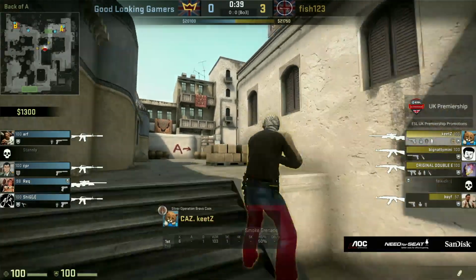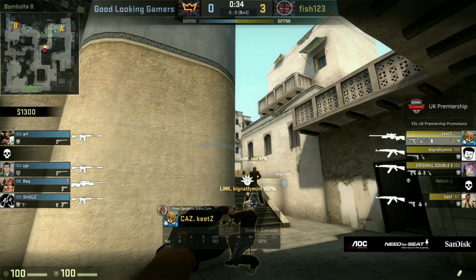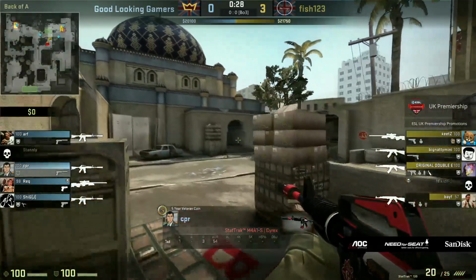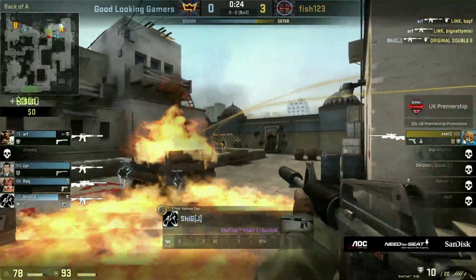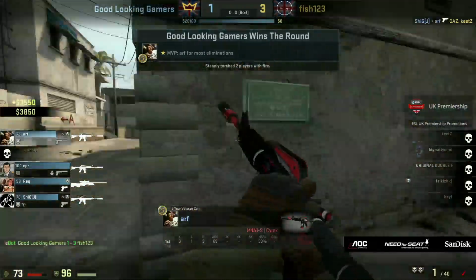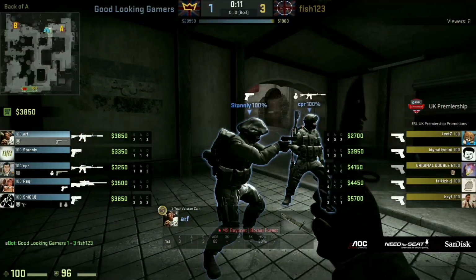No, they don't. Batham just taking his time onto short, and the problem with Fish123, hit the nail on the head, they don't have much time to play with. They've all sort of somehow made their way onto short, and they can't really rotate a man round to long to try and surround the CTs on this A bomb site, and the B players are going to rotate in straight away. They know it has to be an attack onto A. Off goes Massive with 2 frags. Shig will chime in with 2 of his own, and important round there for GLG, winning the first gun round